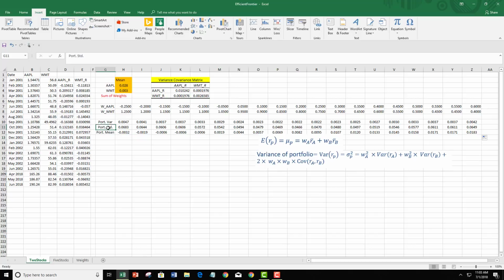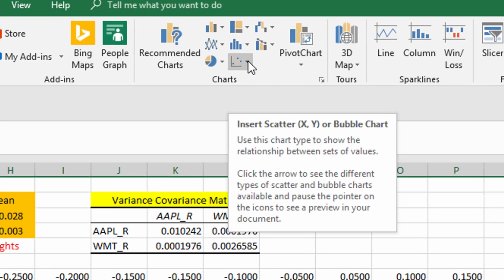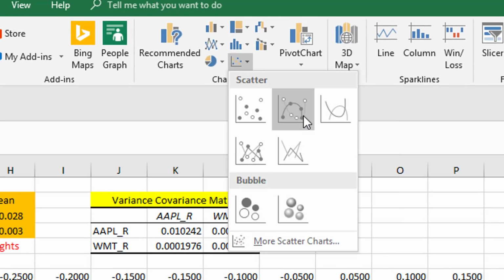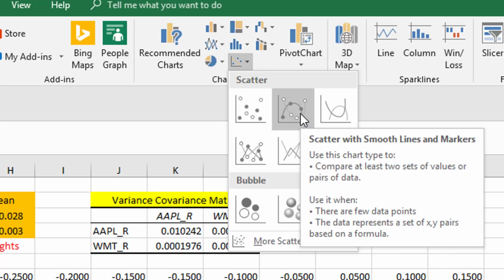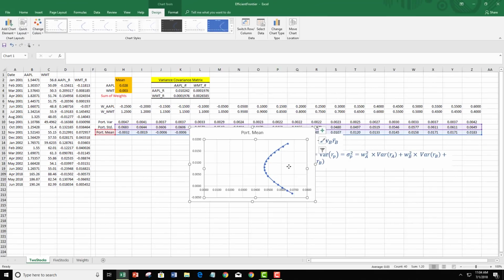Once you compute this portfolio mean and the variance, you can select the entire set of portfolio mean and the variance, and now go to insert and click on this chart option here, and you can choose one of the charts here, and I'm choosing this one here. So now this is a portfolio